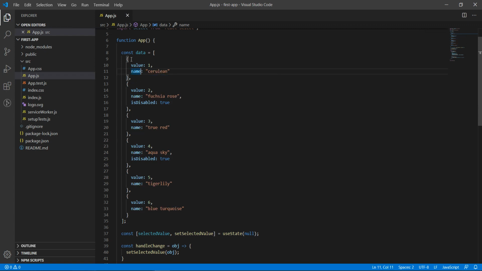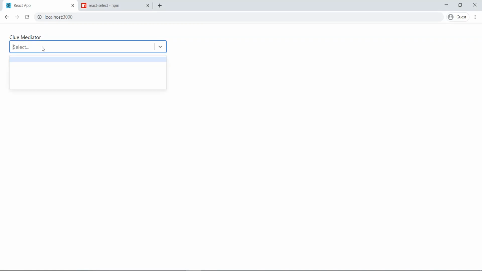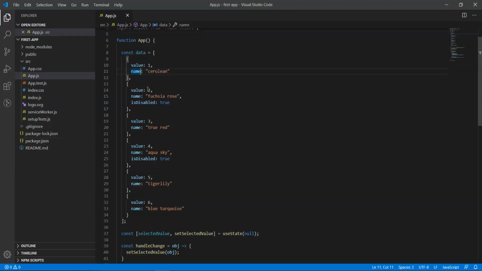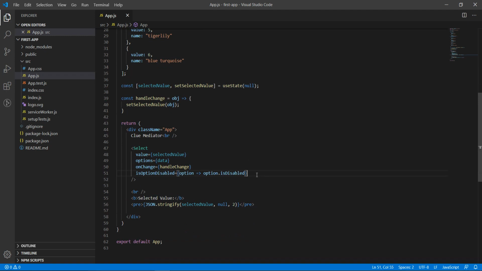I have slightly updated the records of the array. In the output you can see the list is bound, but we cannot see the name, because by default React Select considers value and label for display and selection. So how can we change it?